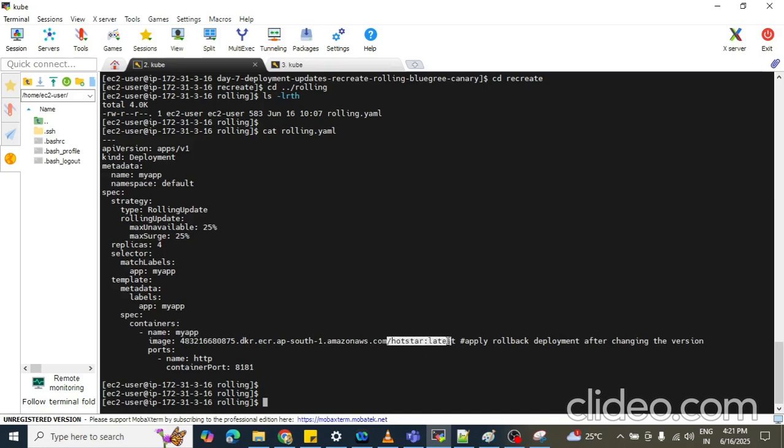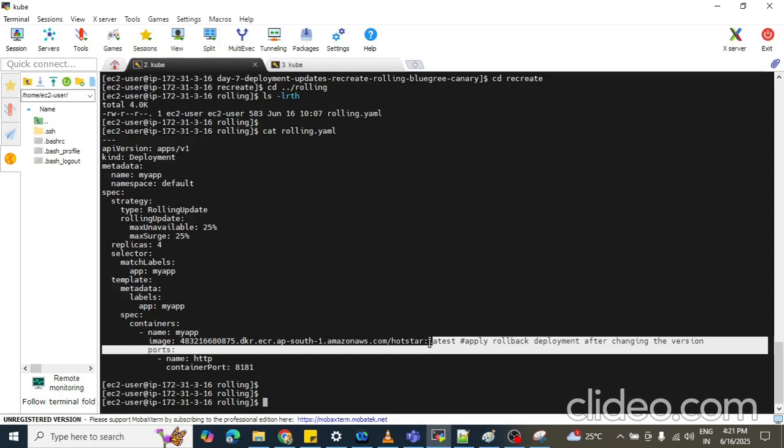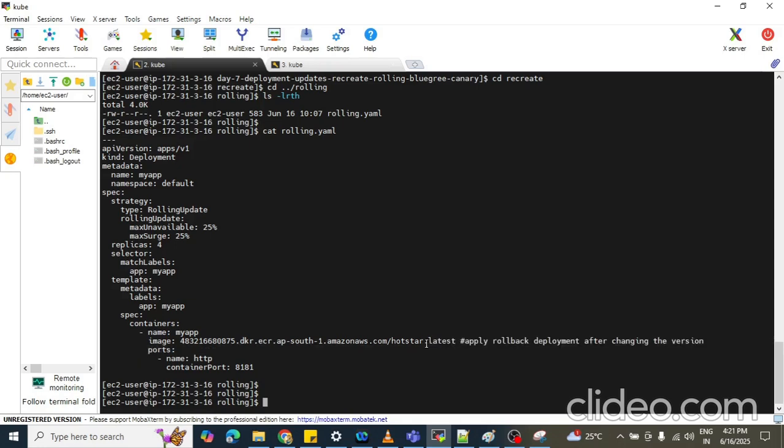Here we are taking the hotstar latest image, and we are exposing TCP port number 8181 inside our pod, with the pod's HTTP port named in the service definition.